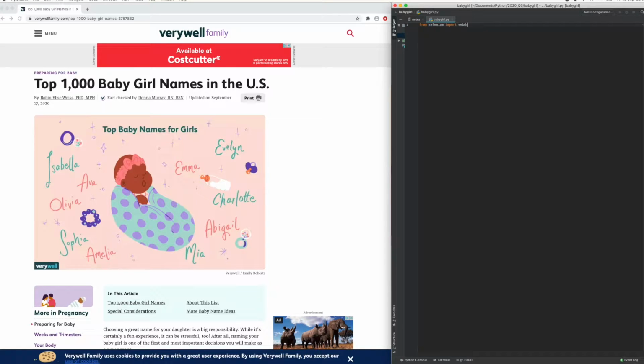We're going to need some web scraping library imports, and also some drivers to be able to control the scraping process. I like Selenium, so from Selenium import WebDriver, and then